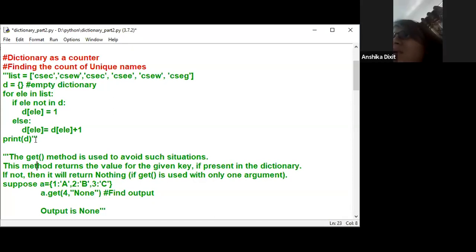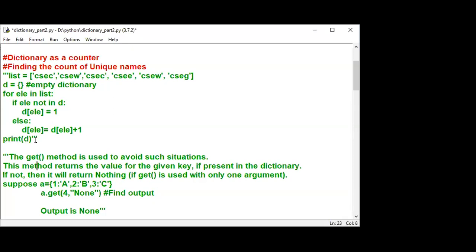Yeah, in order to avoid the key error, we go for the get method. Right? So the get method basically takes a key value as an argument. If the key already exists, it returns its value. If there is no key, it returns a default value, whatever you are using in the program. So the same program, the same objective, we are going to achieve using the get method.